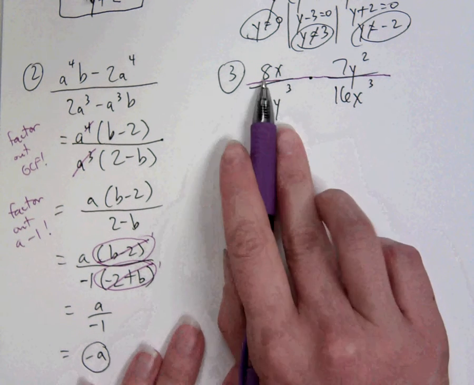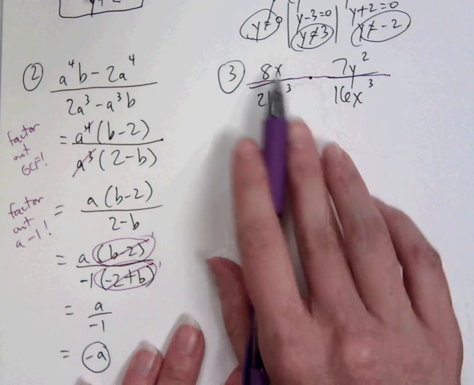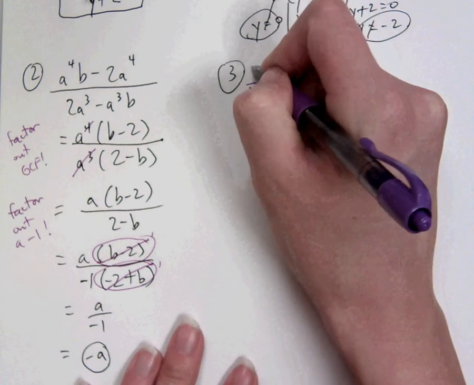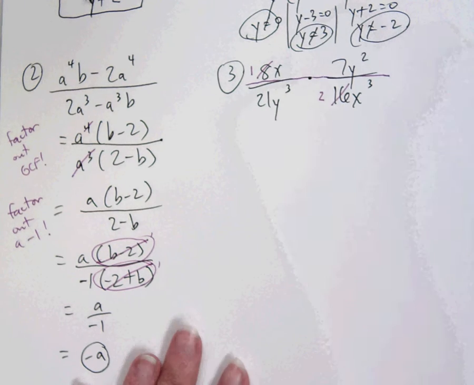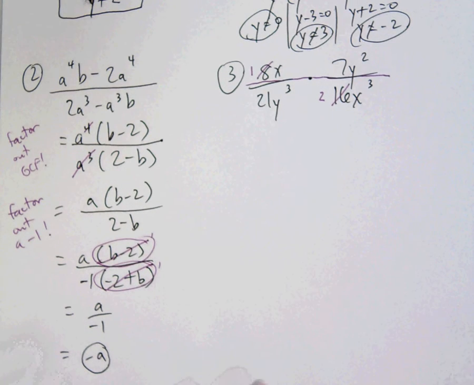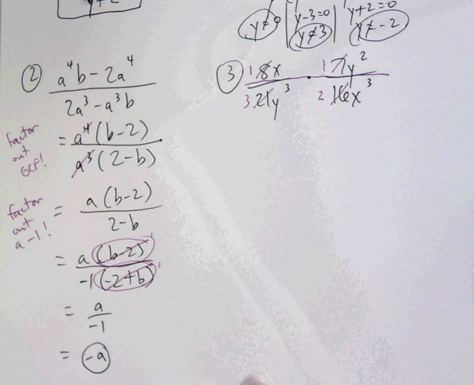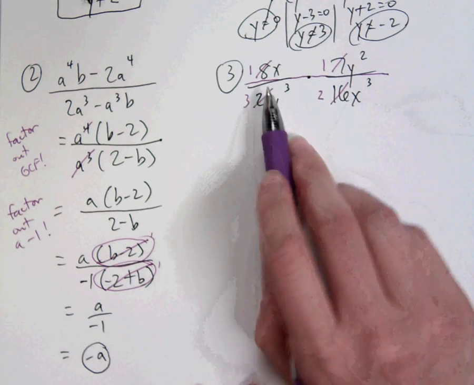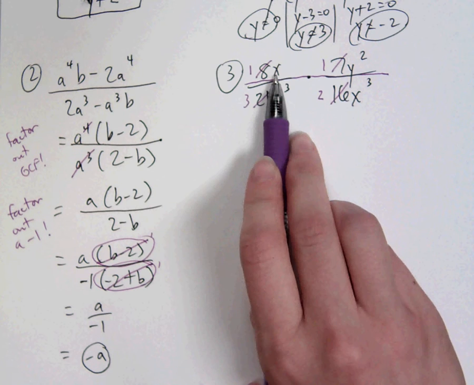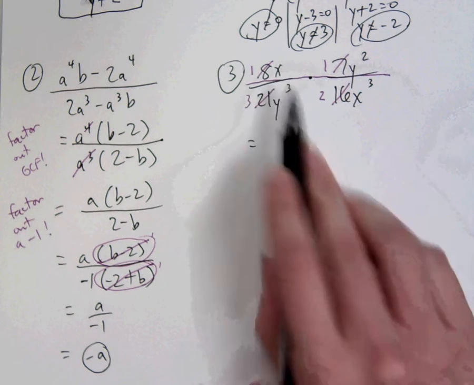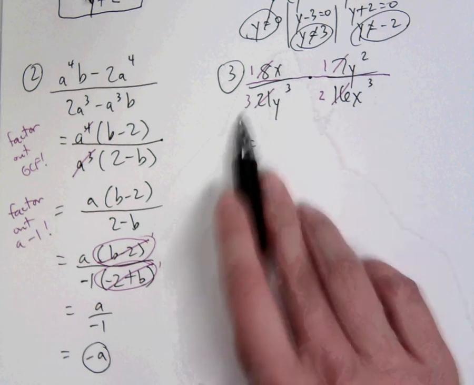So in other words, the 8 and 16, because I've got 8 in the top, 16 in the bottom, I can go ahead and say, okay, let's reduce that to 1/2. And same with the 7 and the 21. 7's a 1, 21's a 3. And I can even keep doing that with the variables as well, but like I said, it starts getting really crazy really fast. So I'm going to stop with just doing the numbers and go ahead and combine the numerator and denominator and then